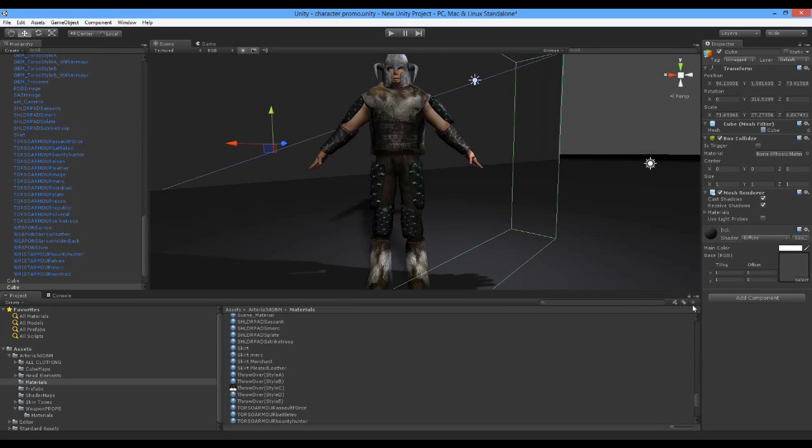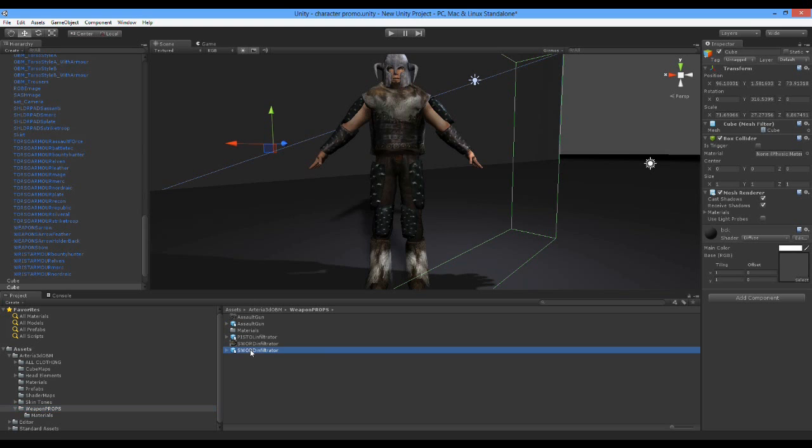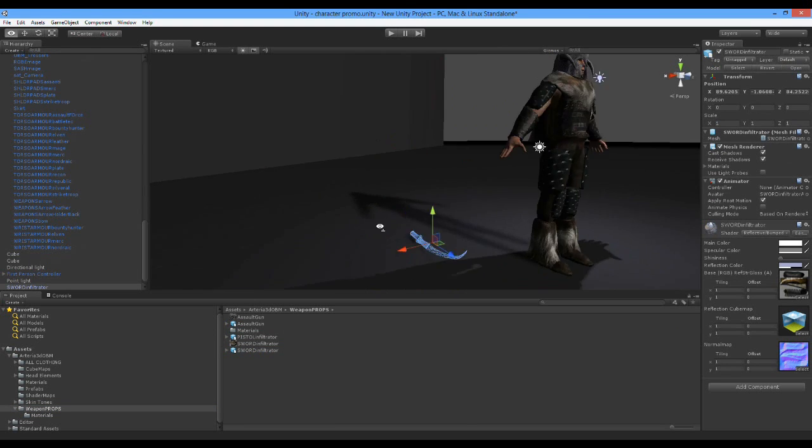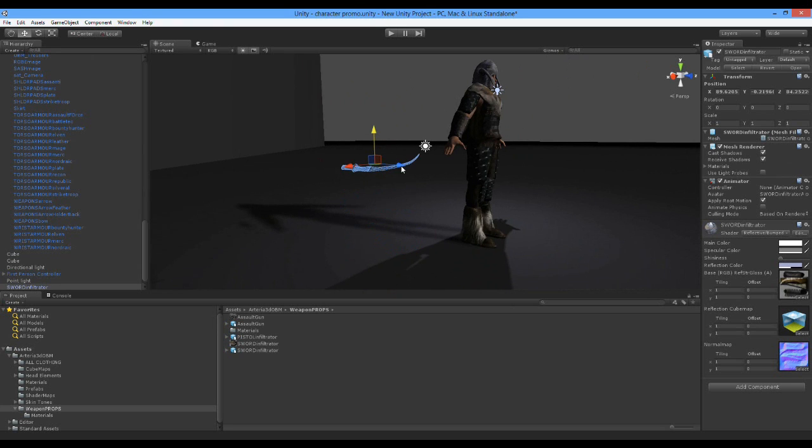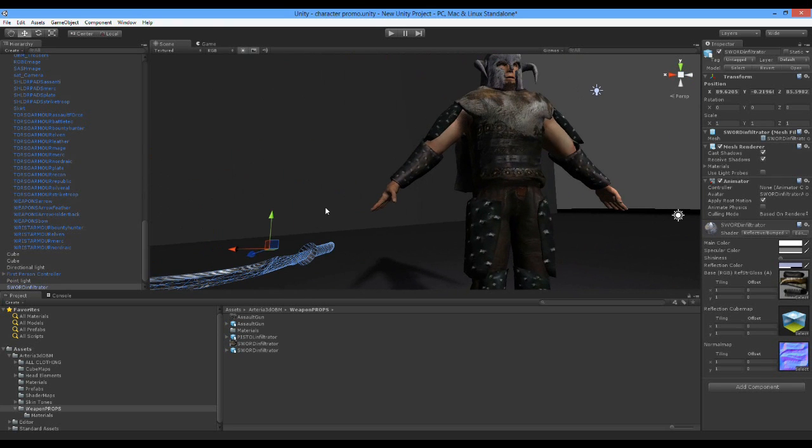Now what we could do is to apply one of the props provided to the character. So if we go into weapon props, you'll see sword infiltrator. There are actually some more weapons supplied in the kit than you see on the screen. This particular kit was used for my demo purposes. If we grab sword infiltrator, which is more of a sci-fi kind of styled sword, and we bring it over,